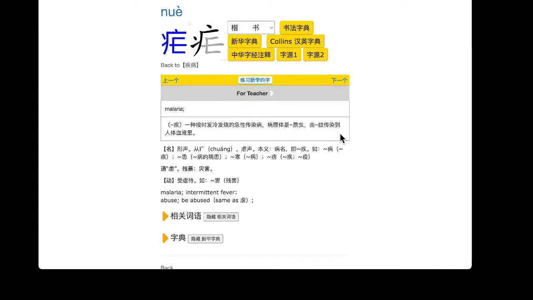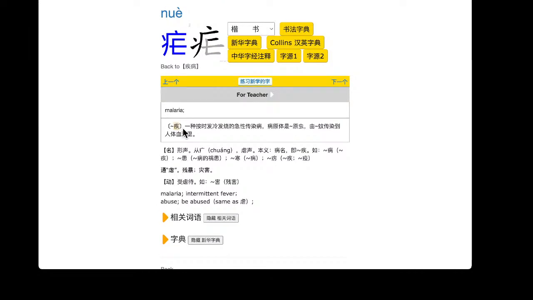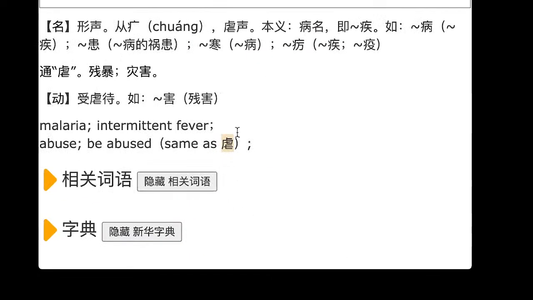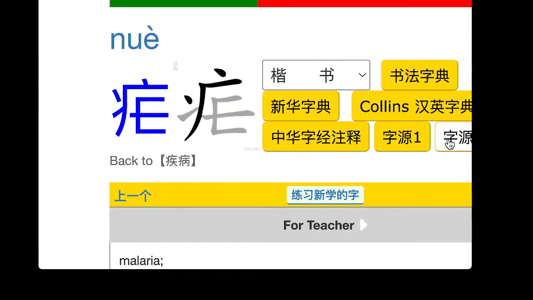Yeah, this refers to malaria. This is 疟疾, the full name of it. 疟 is being used as abuse, or being abused. Typically we use this character, which if we look at the etymology of it, you'll see that